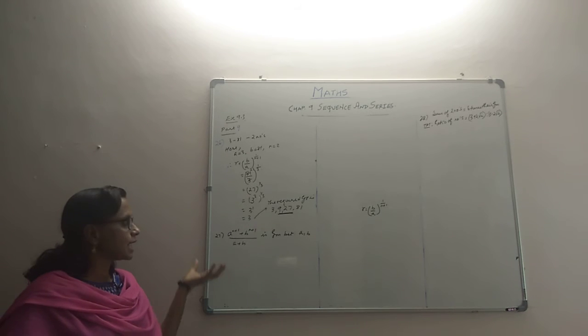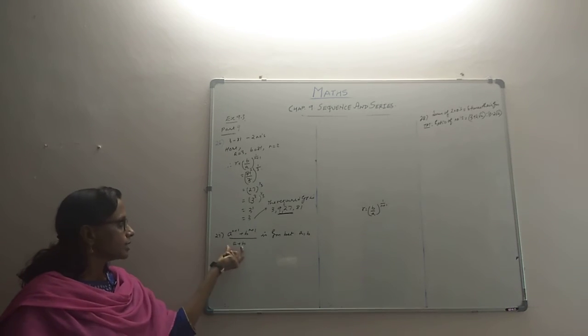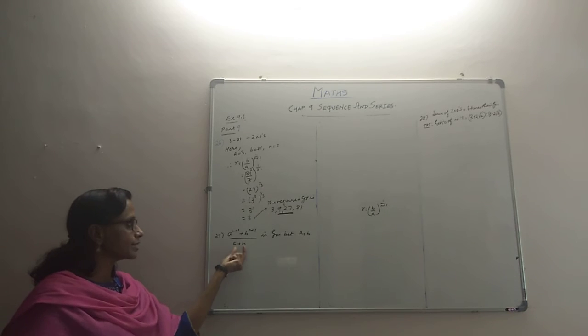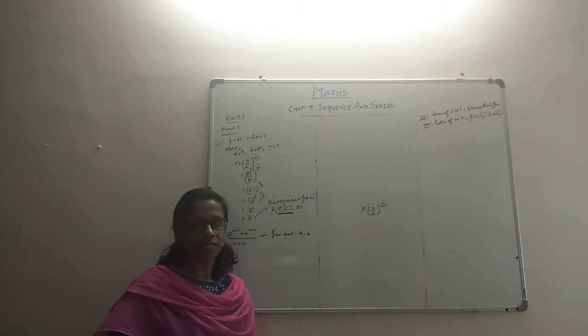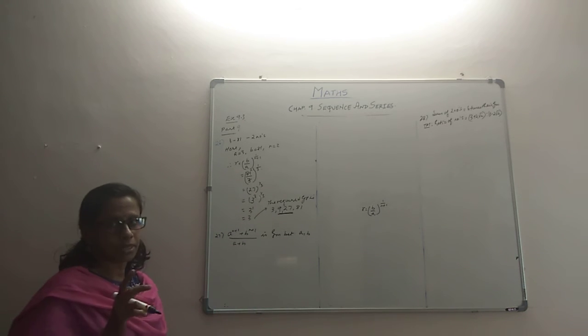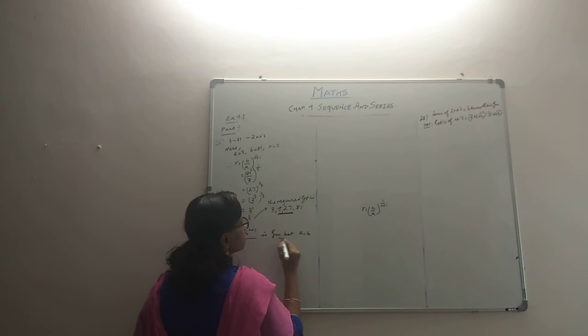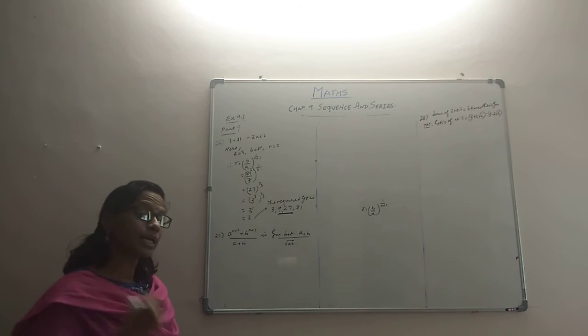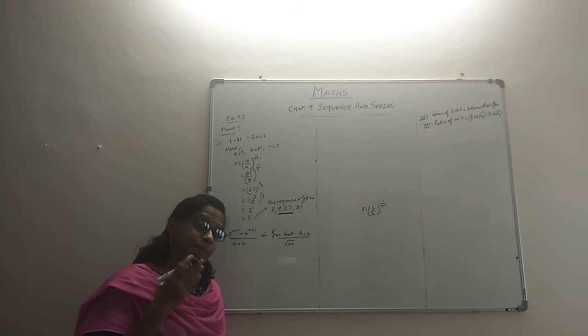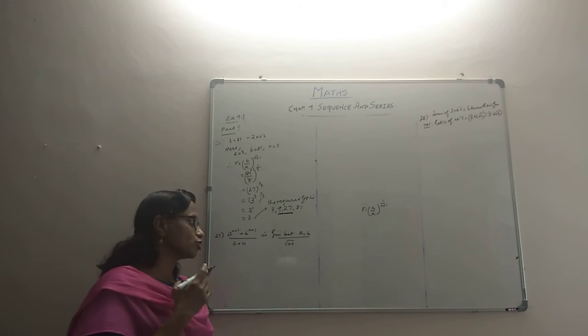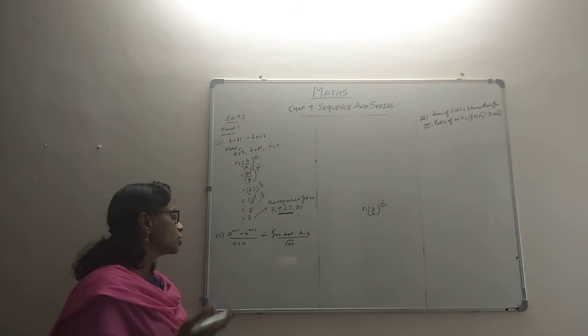The next problem is a higher level of that problem. They give us a term like this, and they say that this is a geometric mean between A and B. Now between two numbers, the geometric mean is given by its root. So geometric mean between A and B means root AB. That we have to keep in mind. Same way the arithmetic mean was A plus B by 2, the geometric mean will be root AB. So that we will see.